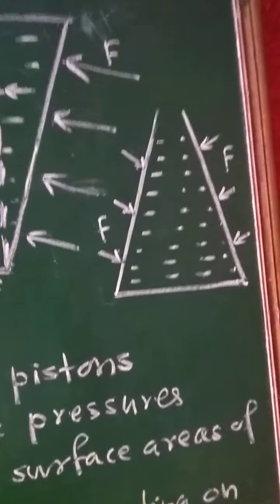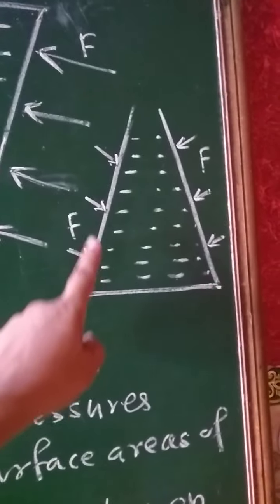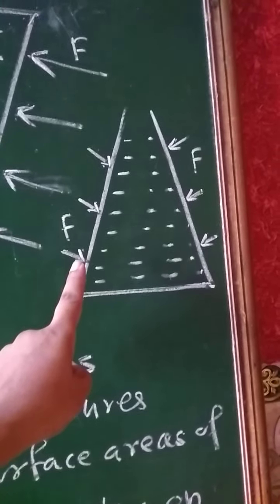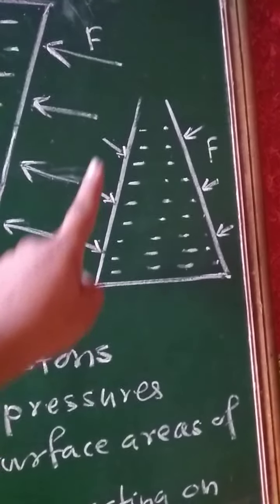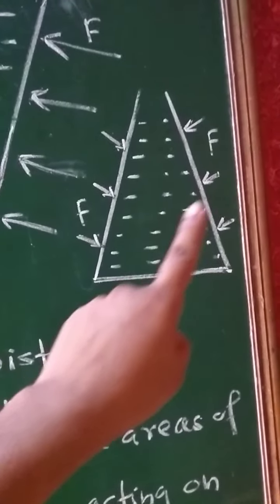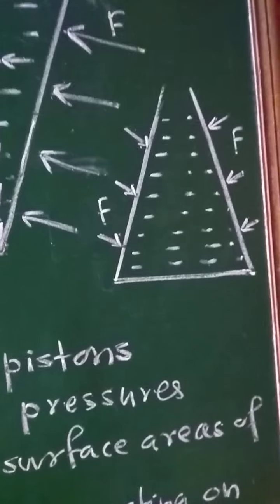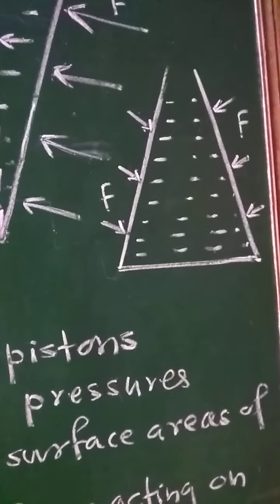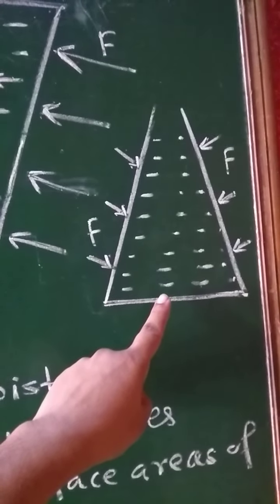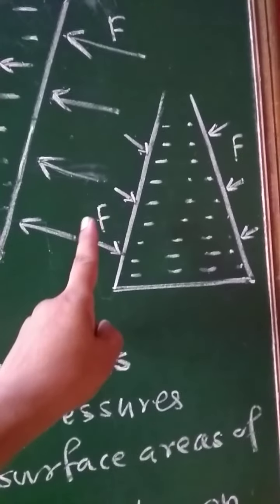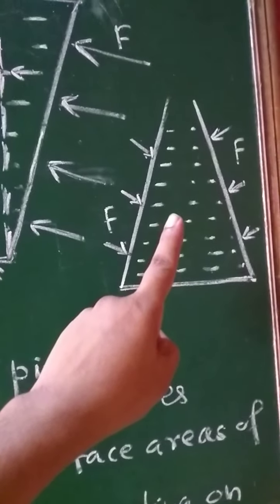In the next vessel, if the walls are inclined inwards, then the liquid will exert forces on these walls perpendicular to it in the outward direction. At the same time, the walls will exert force inwards, directed slightly downwards. Hence, the resultant force acting on it will again be F, because in this case the force F will be the sum of the forces exerted by these walls and the weight of this liquid.